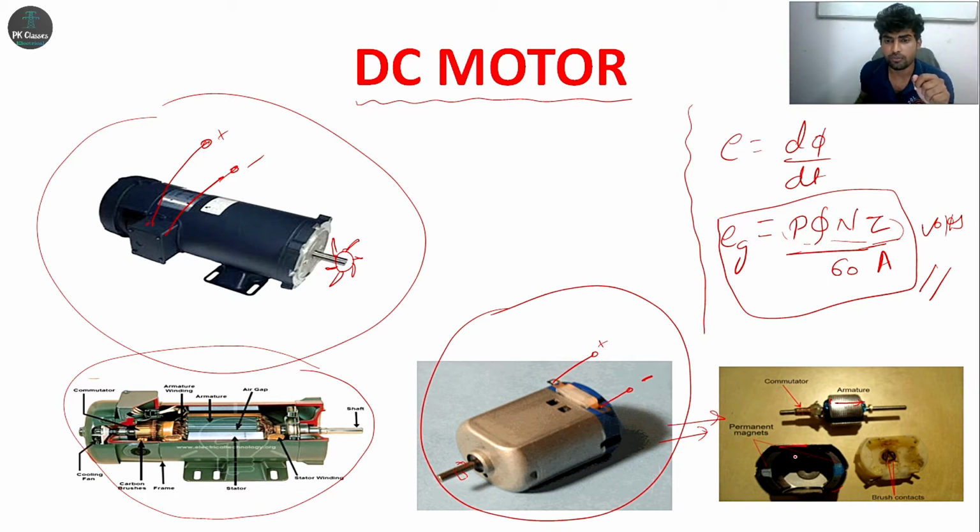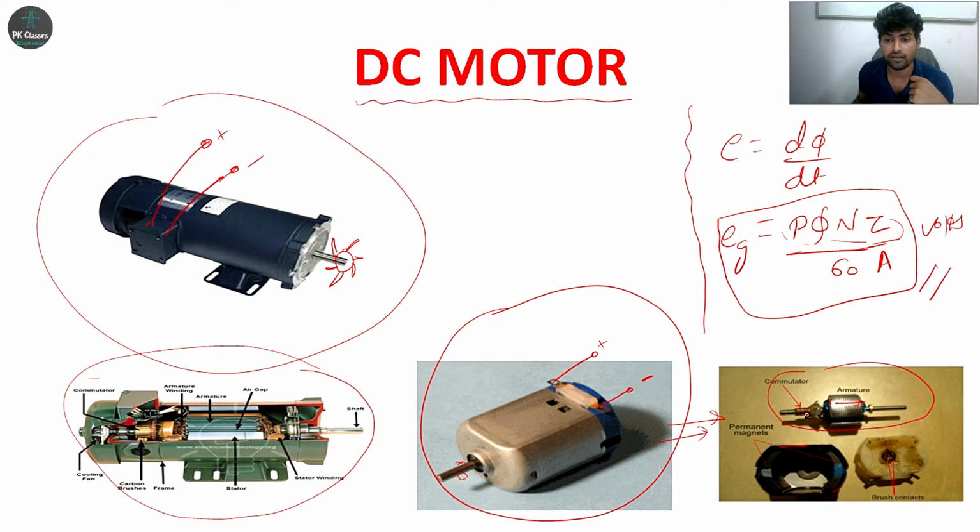Here there is a yoke present and a permanent magnet is present, to produce a constant magnetic field. And there is a rotor, the rotating part of the machine, and there are armature slots holding the armature conductors, for carrying the current. Because we are giving power supply, it carries the current and experiences a force, right?